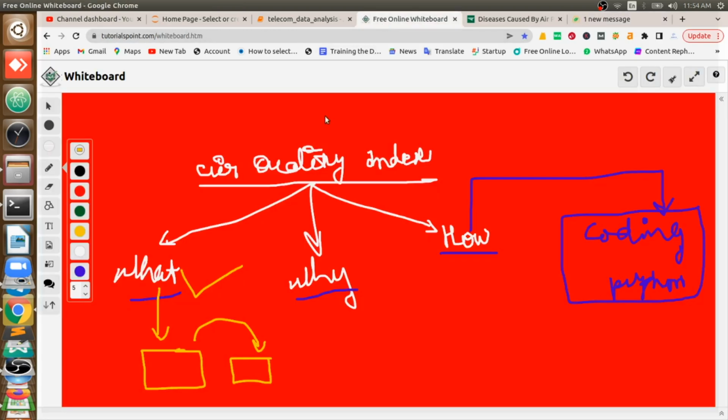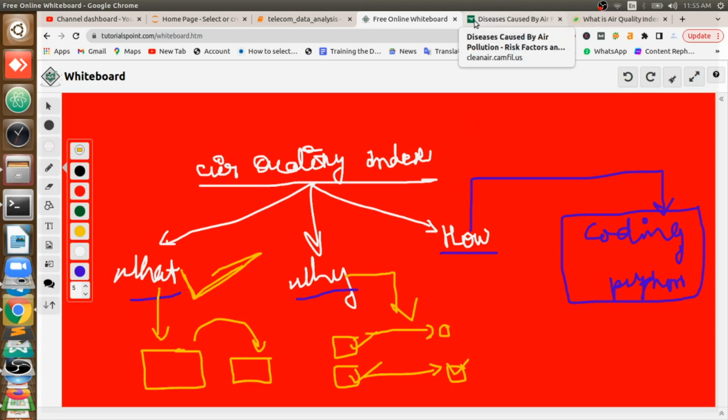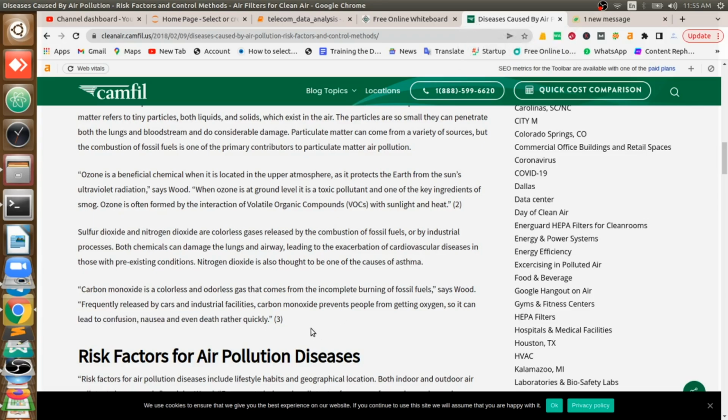So till now we saw what the air quality index is, its calculation, and what is a good and a bad air quality index. Now comes the question of why we need to study this air quality index. What is the importance of it? Is a lower air quality index good, or a higher one? If lower is good and higher is bad, in what ways are the gases affecting our human health? For that I will attach another article which is also well explained. Step by step we can see.